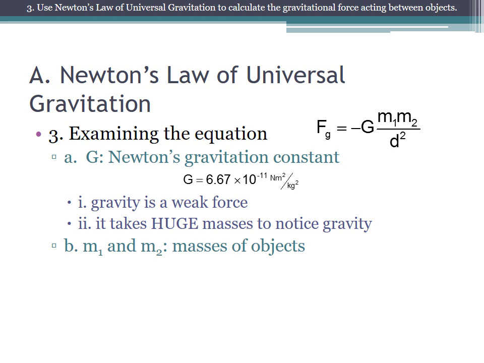So M1 and M2, as we saw in the last slide, those are the masses of the objects. And just a couple things about this. Whenever you use this equation, you need to make sure your mass units are in kilograms. Okay, they need to be in kilograms. And the reason why is because of the unit in Newton's gravitation constant. Notice in the denominator, the unit there is kilograms squared. So if both of these mass units are in kilograms, they'll actually cancel with those kilograms